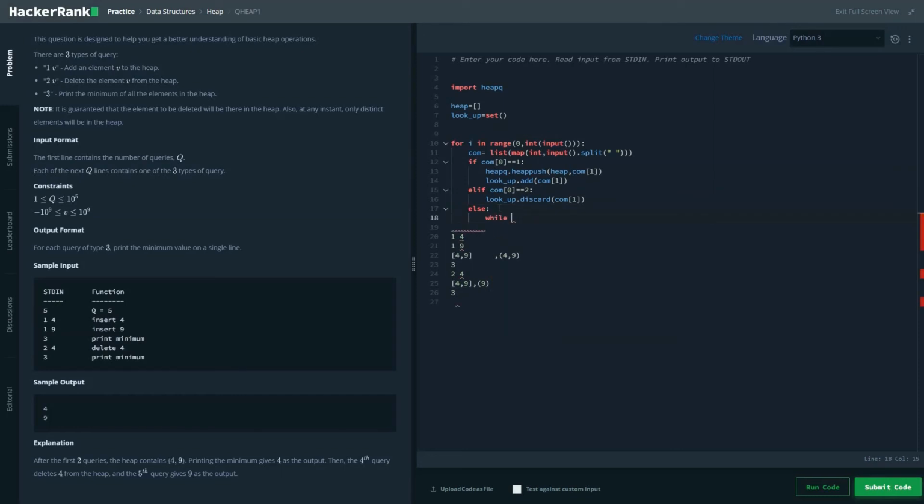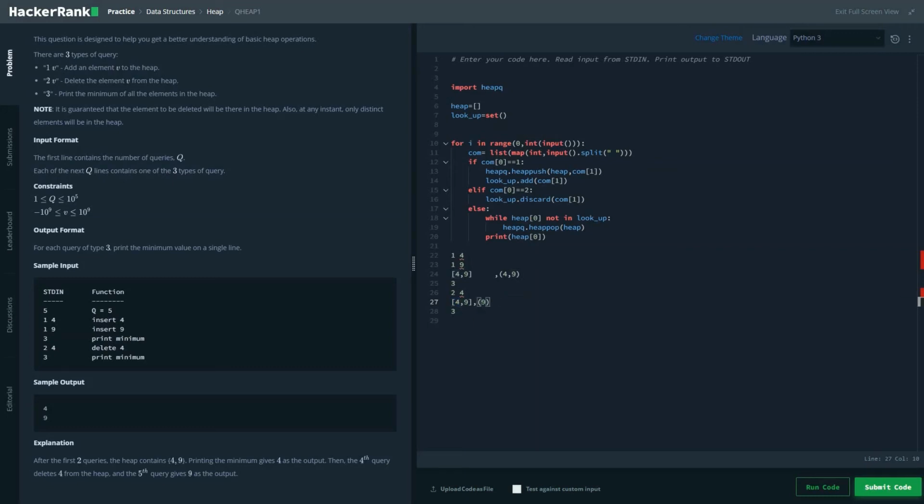While heap 0 not in lookup. So here in our while loop, we'll be checking whether the first element that is present, which is the smallest element, is present in our set or not.